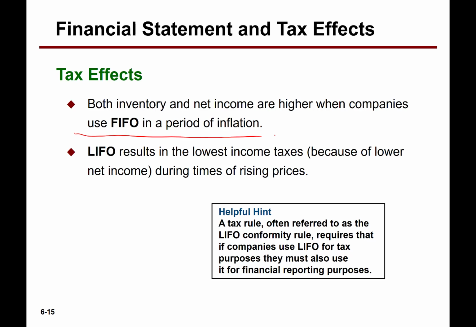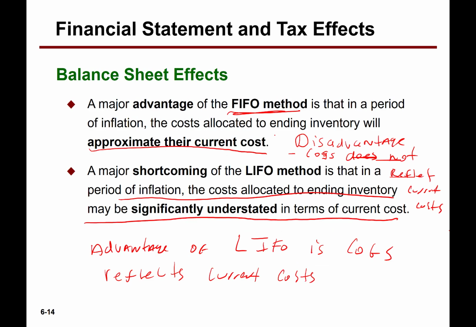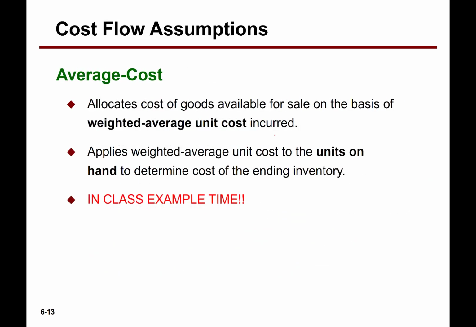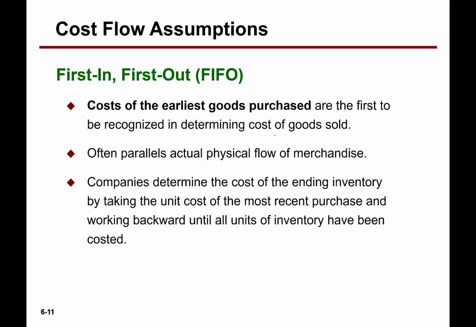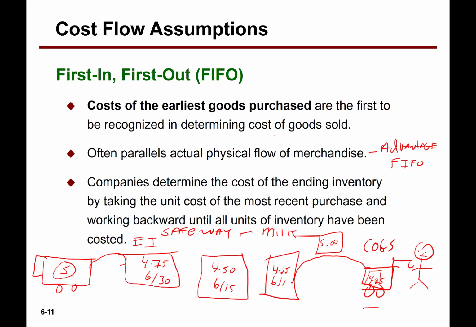It's just in inflation periods, because we're comparing the two, LIFO versus FIFO. If we have a period of inflation, then these higher cost items are going to cost of goods sold, aren't they? If it's a period of deflation, it'd be the opposite effect. We'd have higher cost items down here and lower cost items would be going to our cost of goods sold, right? So it's only in a period of inflation when you compare FIFO to LIFO that you have this tax advantage from